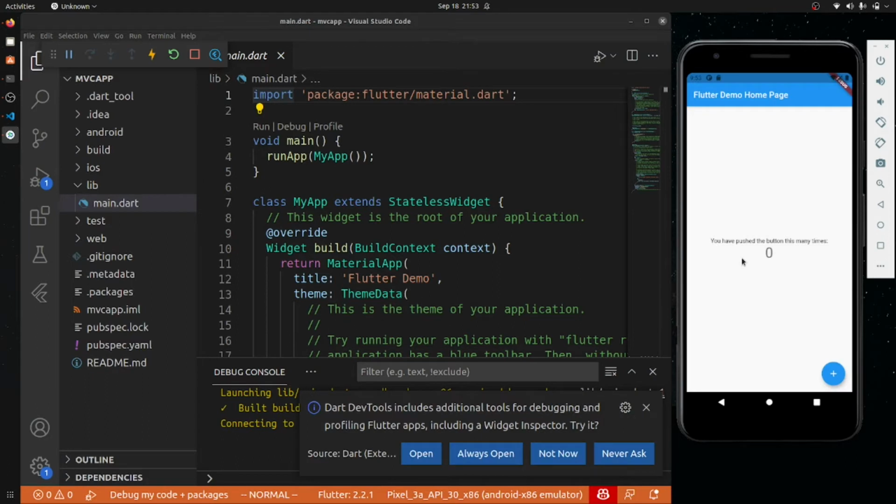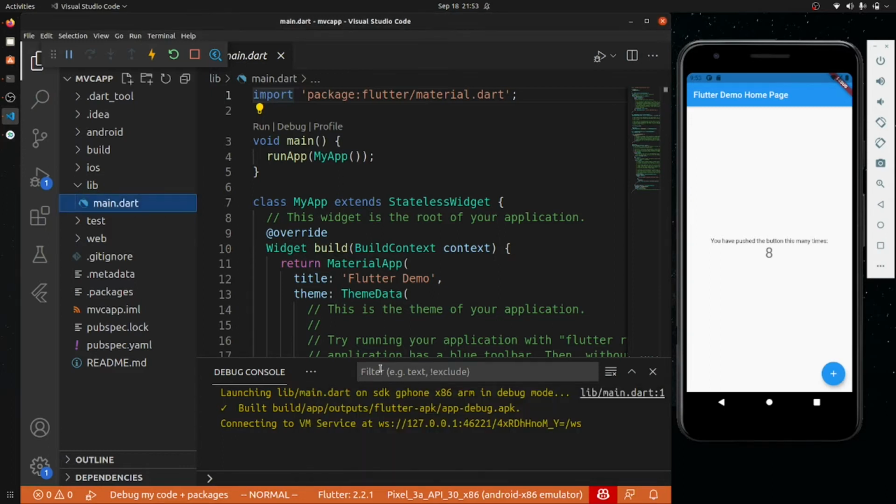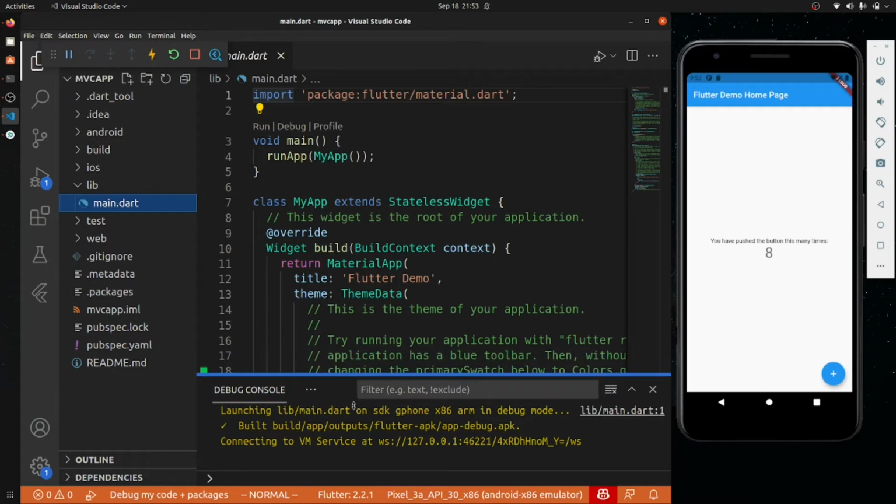You can see that this is the boilerplate or the code that comes with the Flutter application, and this is the counter app. So if I click on this plus button, it will increase the number by 1 2 3 4 5 6. Okay, so basically we will be creating the same application using the MVC pattern. So without wasting any time, let's just dive right into our coding.